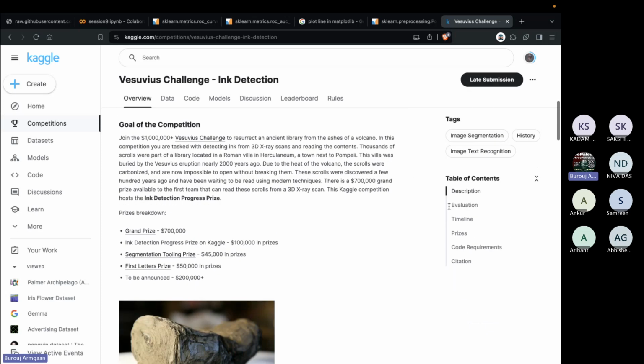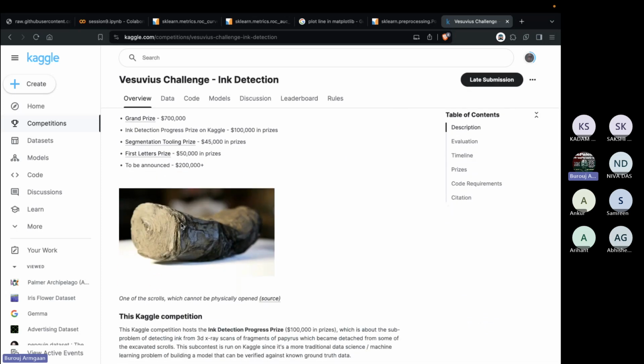Yeah, I think this is the one. So they had scrolls like this. Can you see this one? This is a burnt-up scroll. If you even touch it or try to unwrap it, it will just break into ashes. So what the posters of this data set did is they first did a 3D scan of these